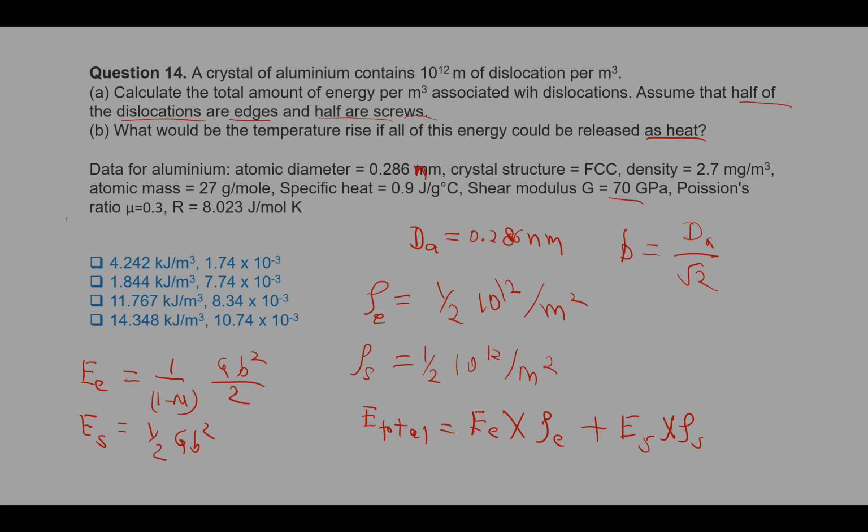And here we can calculate the B value, what is that is called Burgers vector. That value we can keep here in these two formulas, and this value we can multiply with this, so total energy we can get. Okay,